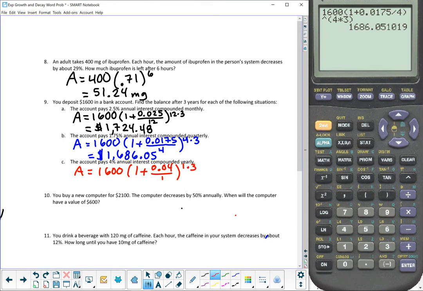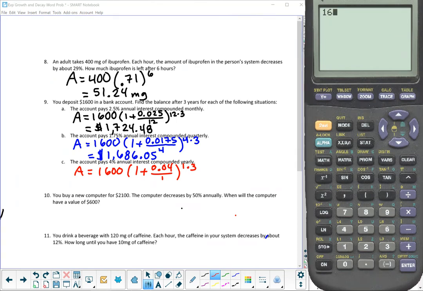Okay. So this one's a little easier. And if you don't want to put the ones in there, you don't have to. But for me, I'm going to go ahead and leave it. 1600 parentheses 1 plus 0.04 divided by 1. And it's going to be the same thing. I probably shouldn't even have done that. To the power of, and again, 1 times 3. That's going to give me